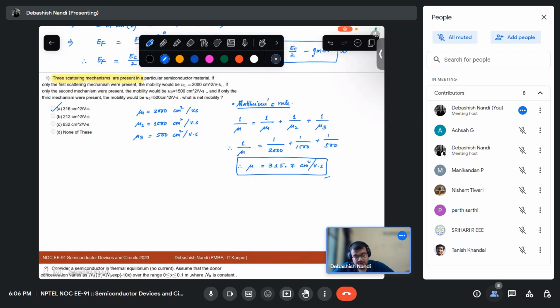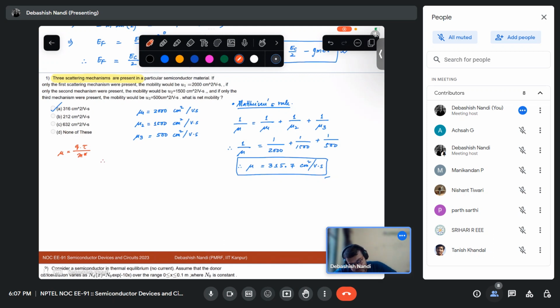So now let me give you some more insights, and believe me, this may come in the exam. What is the formula of mu in terms of effective mass and relaxation mean free time? It is q tau collision by m star. Q and m star can be taken as constant, right?